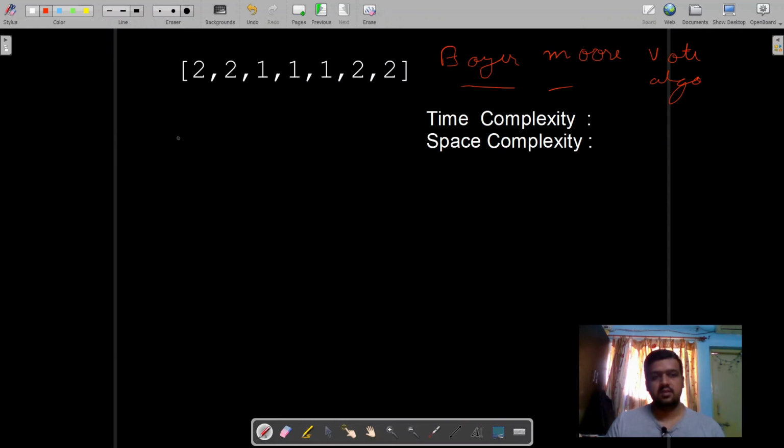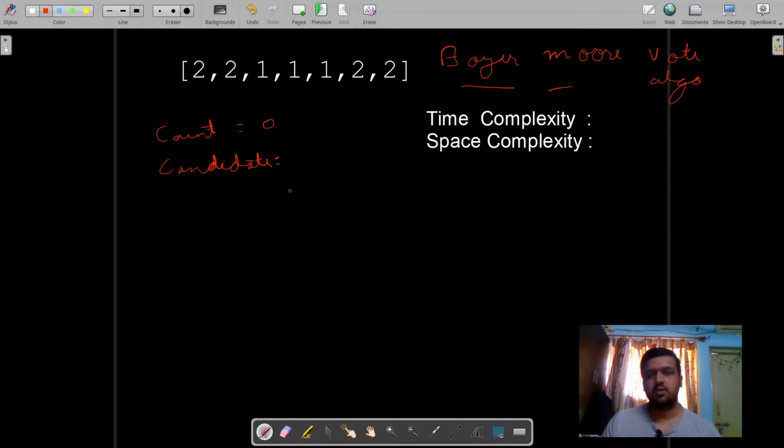So what we do in this algorithm is we define two variables. One is count and another is candidate. Count, as the name suggests, maintains the count of the majority element, and candidate is a variable which will store the element which can be a majority element, right?